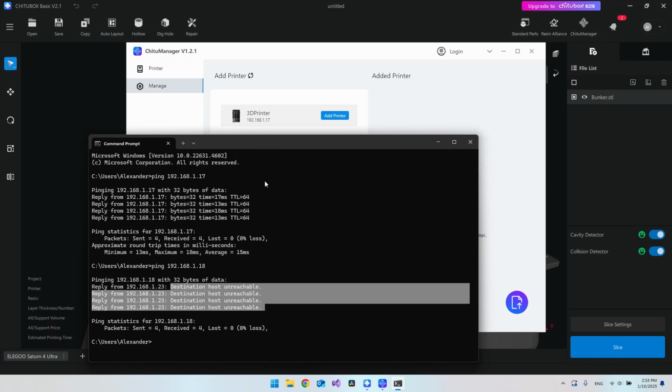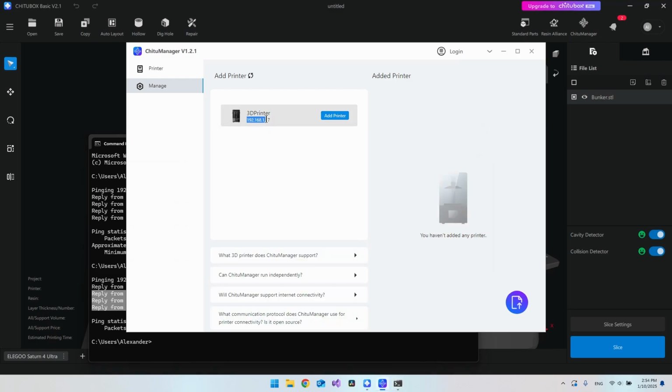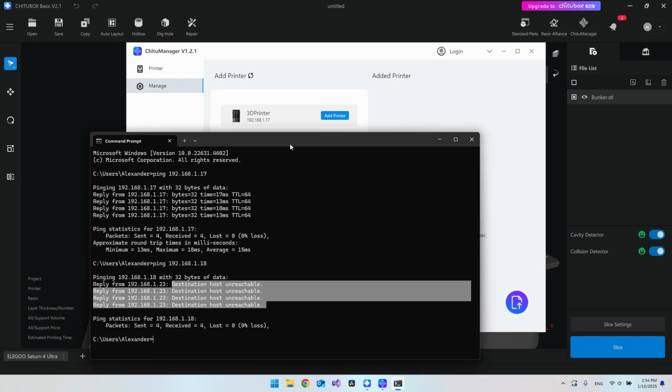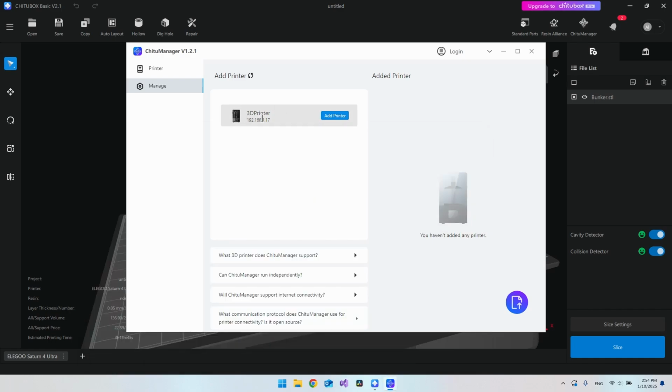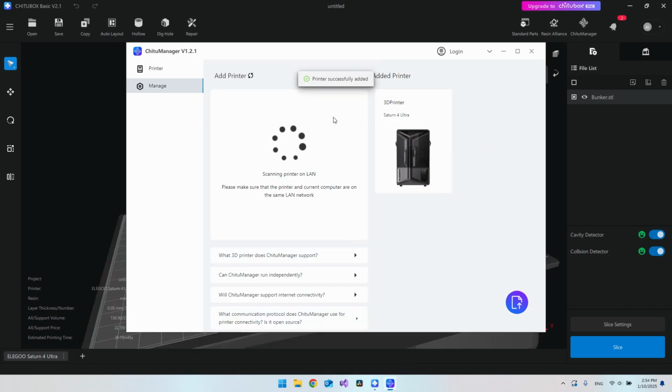In my case, it was very confusing because I have my router that my PC was set to, and then this 3D printer that was connected to my mesh. My mesh and my router had two different networks, even though they have the same IP address range and the same subnet. So I had to go to the router and reconfigure it so it was on the same local network as the mesh. But if your printer is here, you can just say add printer,